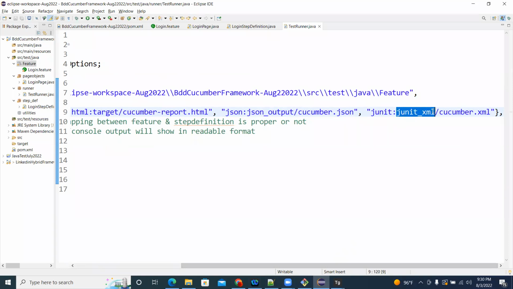JUnit::JUnit_XML folder will be created under the project directory, and cucumber.xml will be generated. So that is another file that will be generated. Then